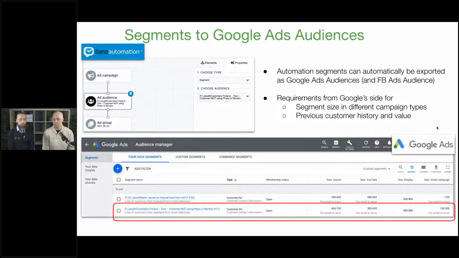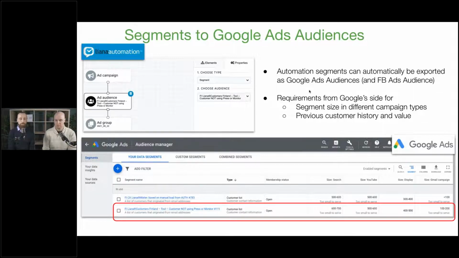When doing this, you need to remember that there are also requirements from Google's end. When are you able to do this? You need to have a long history with Google Ads and enough value spent there. There are also differences in the segment sizes in different campaign types. You can see there that you can do display advertisement, but you would need more contacts to do search advertisements or YouTube advertisement.